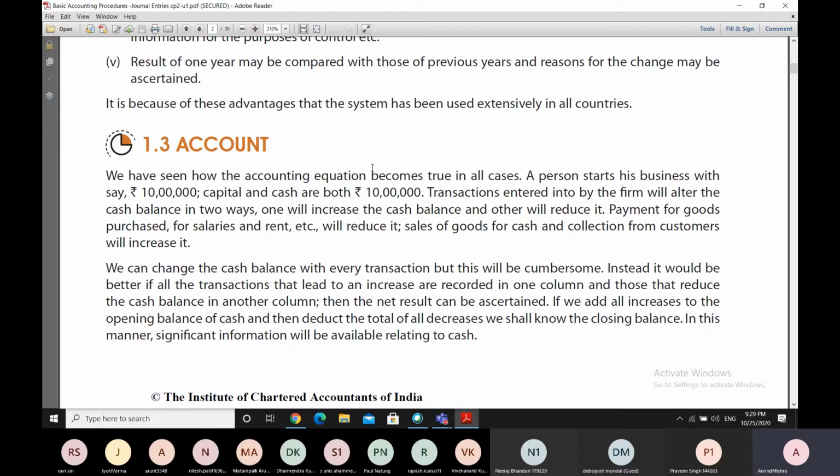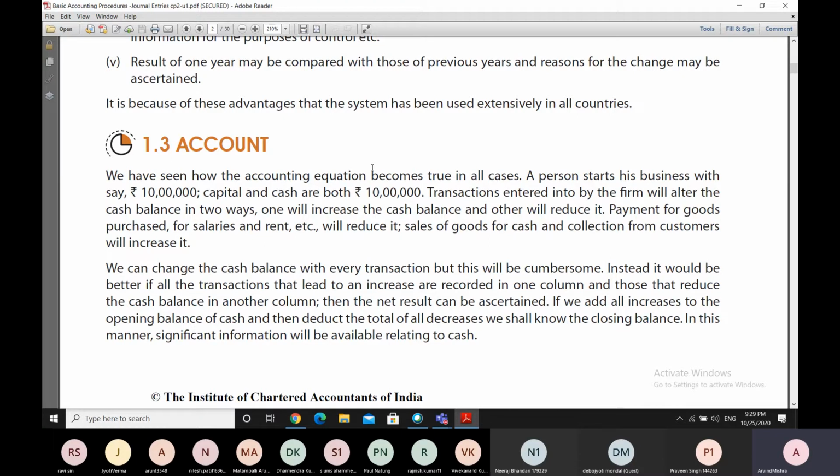Now, with every transaction, we can change the cash balance, but that will be a very burdensome exercise. Instead, it would be better if all the transactions that lead to an increase are recorded in one column, and those transactions which lead to reducing the cash balance are recorded in another column. And so with every transaction, we need not record the change in the cash balance. We can just take the sum of the transactions in one column which have led to an increase of cash balance,